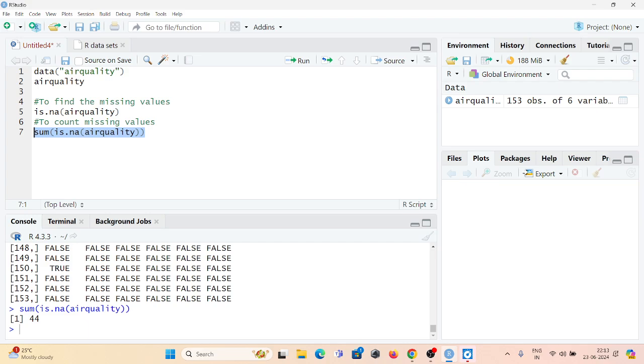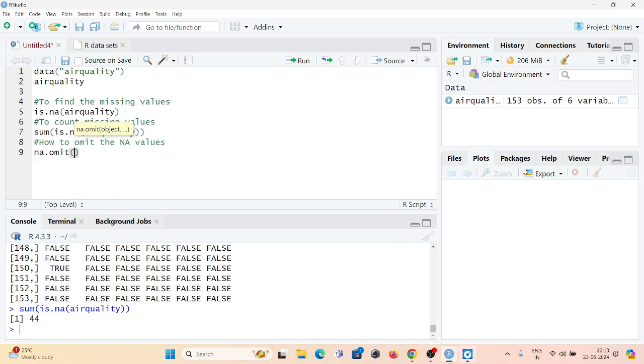Okay. Then the next statement, we want to omit the missing values or NA values. So how can we omit the NA values? What we can write here is a function that is na.omit, right?